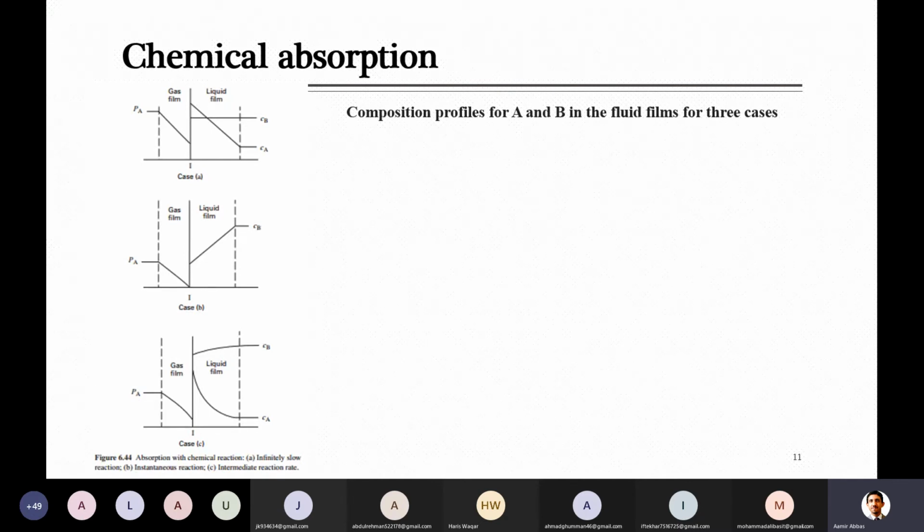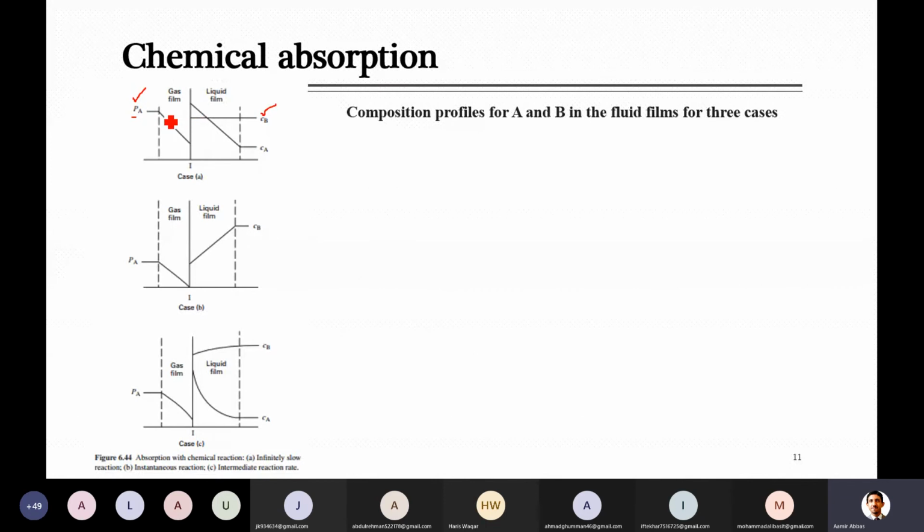So overall, you can say that the first and second are two extremes. In the first case, it is more or less no reaction or very slow reaction. In the B case, there is a fast reaction, and in the middle, we have the intermediate reaction rate, this C case. So when you look at this from the two-film theory, you remember that there was a gas film, and on the other side there is a liquid film. As here we said that we have two components. A component is on the gaseous side. Let's say its partial pressure is PA, and on the liquid side there is a component B which can react with the component A, so its concentration is given.